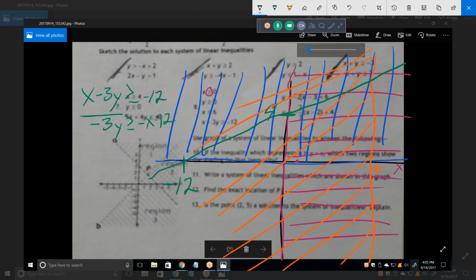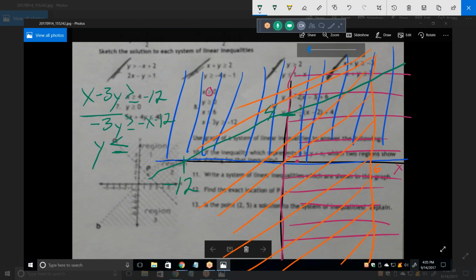And then divide by -3. So y is... I'm dividing an inequality by a negative number. I've got to reverse the sign. Every time. So y is less than or equal to